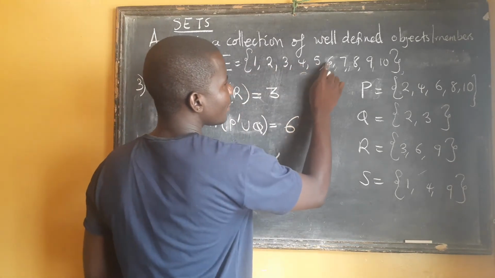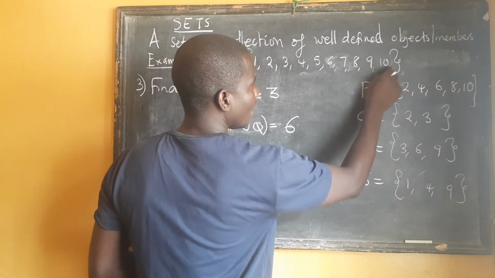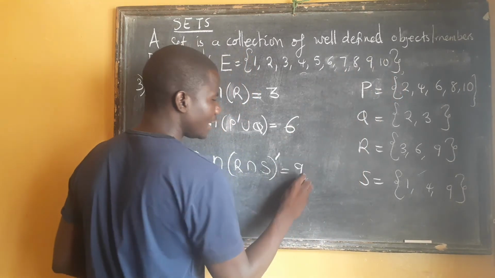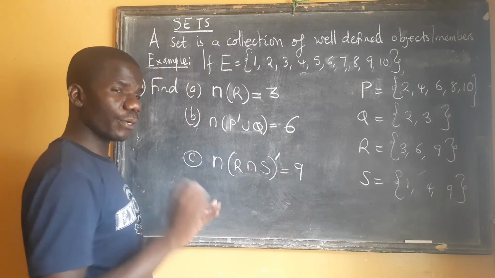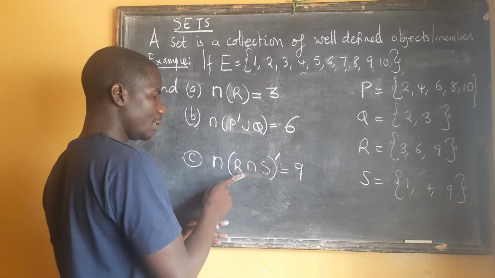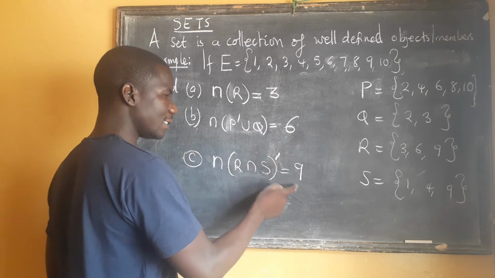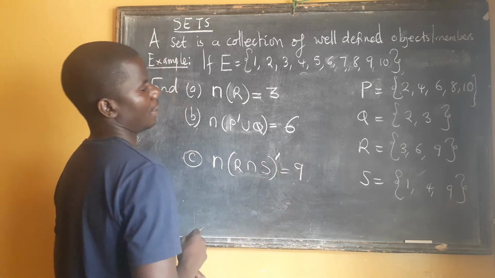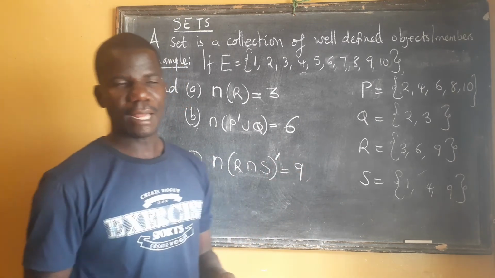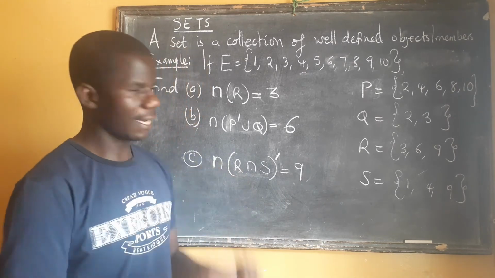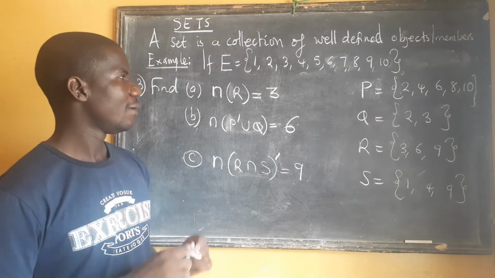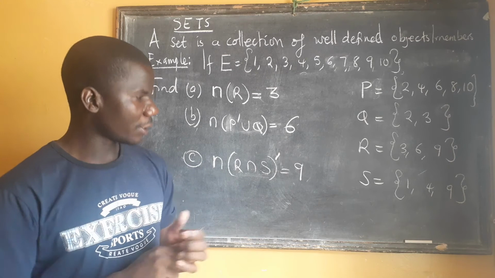So since 9 is not going to be part of our answer, we remain with 1, 2, 3, 4, 5, 6, 7, 8, 9. This 9 that we are writing is not that 9. It's just a coincidence that the intersection is 9. But the number of elements in this particular set are 9. That is very important.